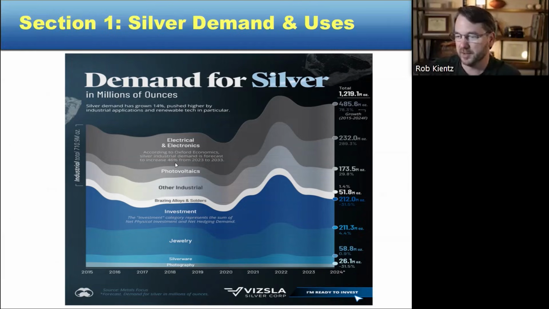Note here, this special note, according to Oxford Economics, silver industrial demand is forecast to increase 46% between 2023 and 2033. A lot of that has to do with industrial use. Silver is a very industrial metal, much more so than gold. It's used in photovoltaics, which is like solar panels, other industrial, electrical, brazing alloys, investment, jewelry, silverware, and still a